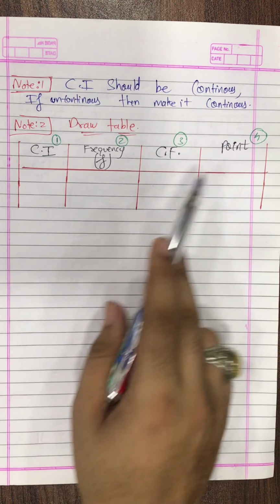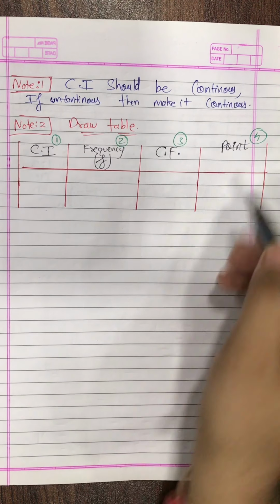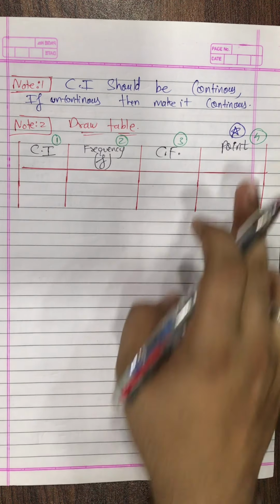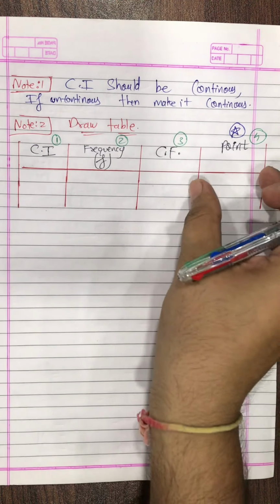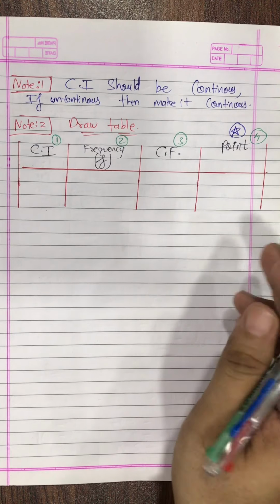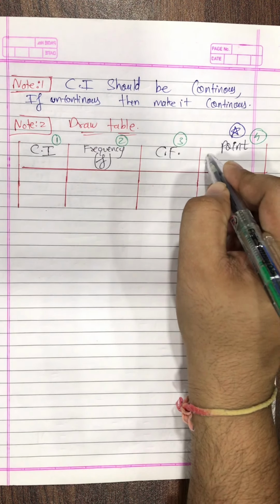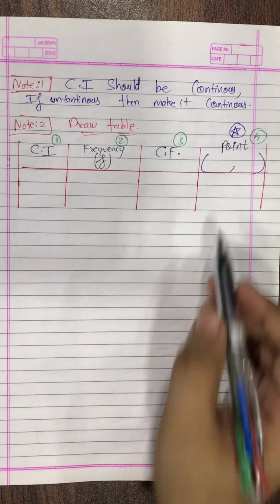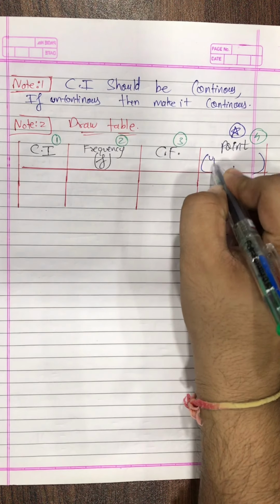And the fourth one is the extra one. It is very, very important. Please make this fourth column always the point. Whatever we write over here, the point, just as it is, we have to plot it on the graph. Now, what is the point? A point always has an x coordinate and a y coordinate. The x coordinate will be the upper limit